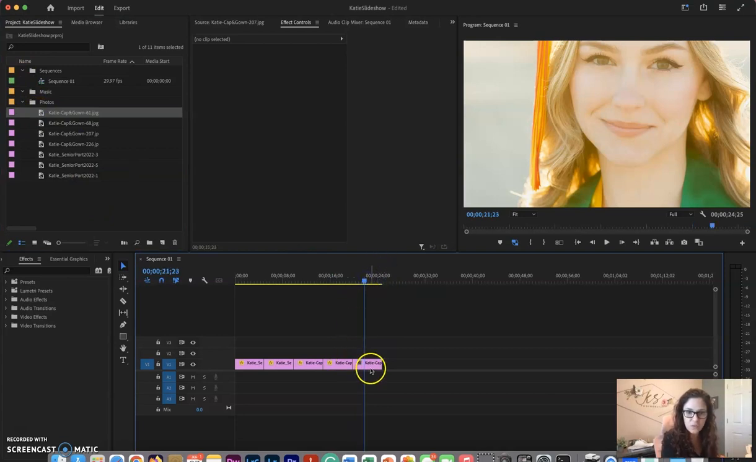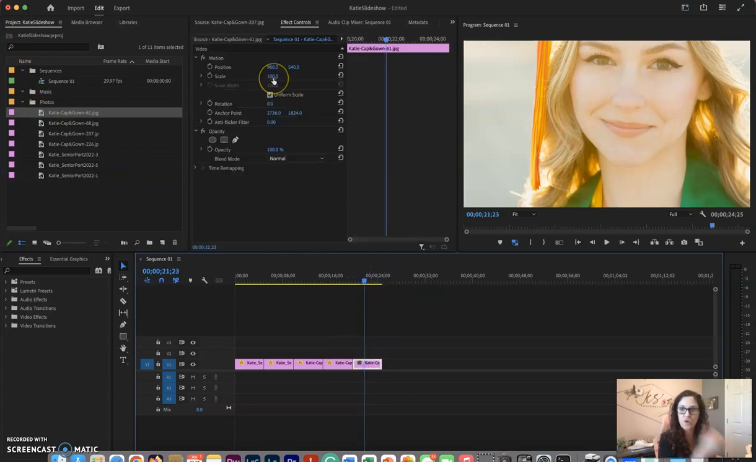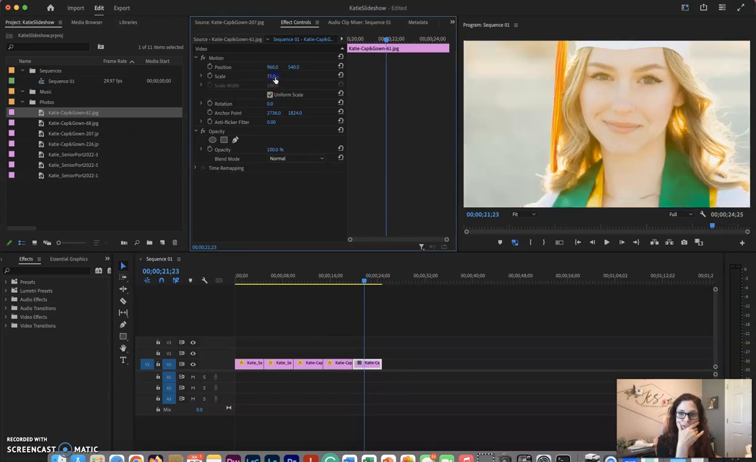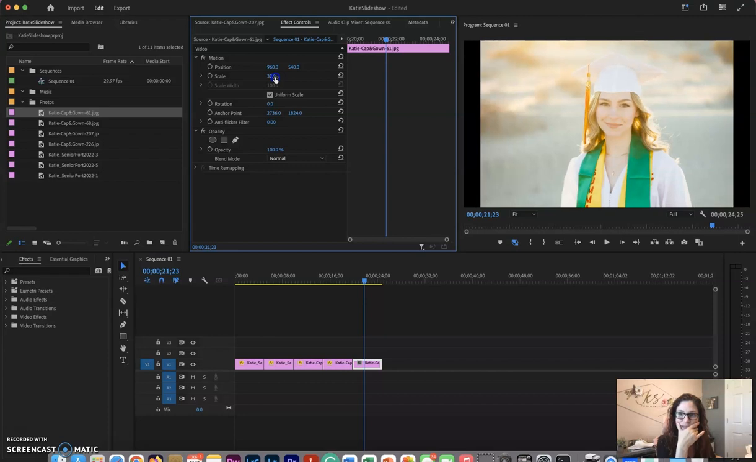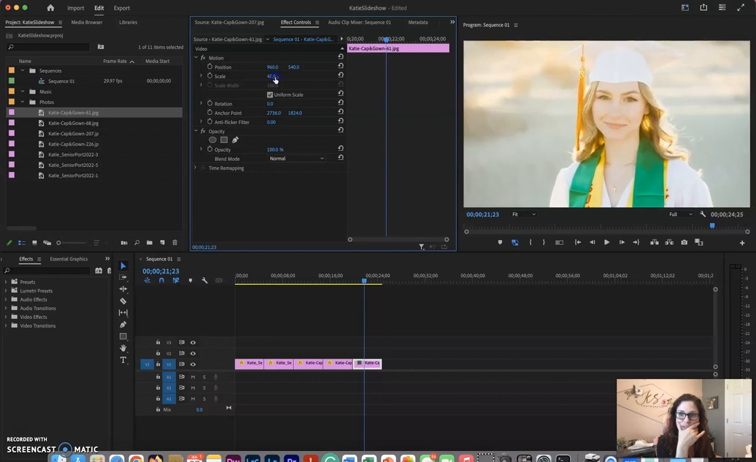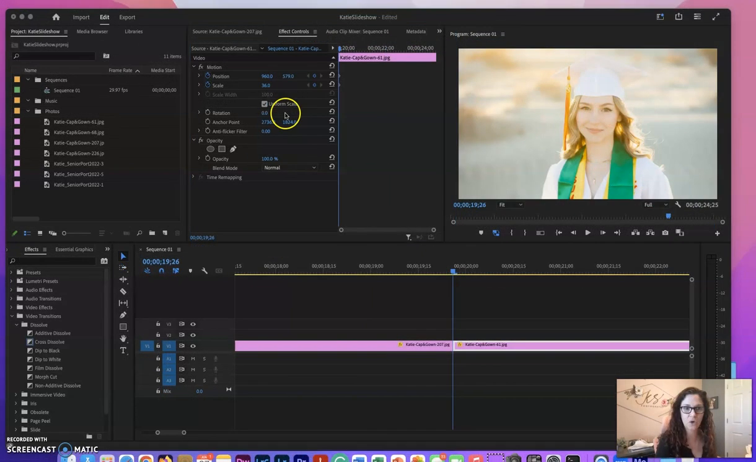Okay, so this one's more of a close-up. So what I'm going to do is zoom out until I do not see black bars. Let's see. Which is about 36% right there. So now that I've scaled out and I'm in my starting position that I want,